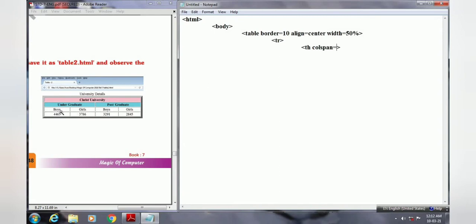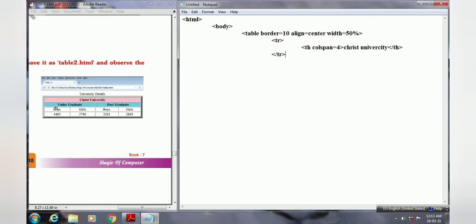How many cells are we merging in the first row? 1, 2, 3 and 4. So the colspan value is equal to 4. Then you have to write your content, that is Christ University. And then the closing th tag and the closing tr tag.